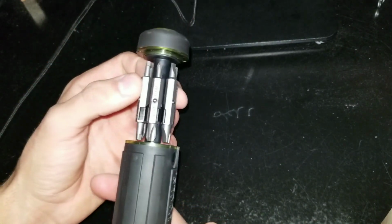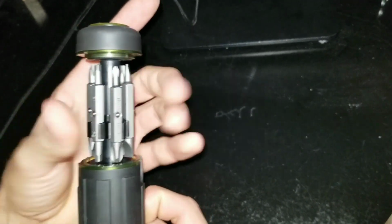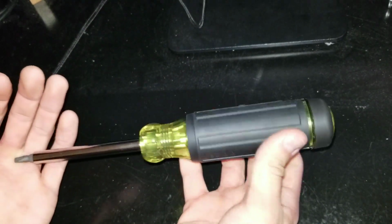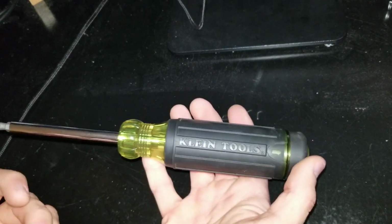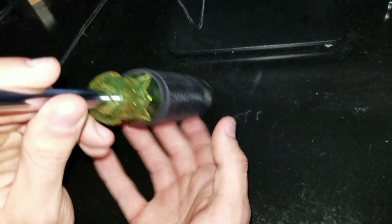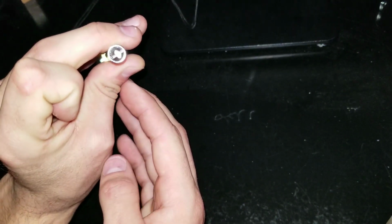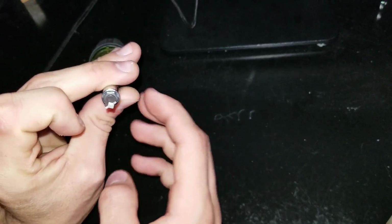But what this has over the other screwdriver that I've shown is a Phillips number 0 and some Torx heads, and yeah, that's pretty well all that it has over the other one. And those to me aren't very useful at all and not that important to me. The one thing that this does have that is much better is this right here, which is, I'm pretty sure, the combination bit. It's a mix of a Robertson with a flathead,